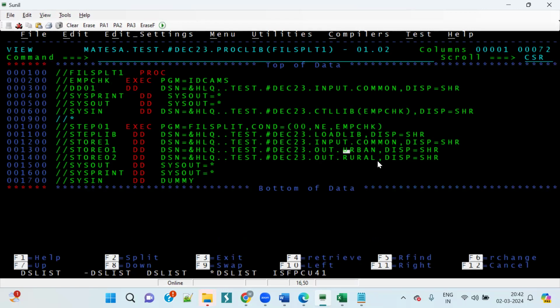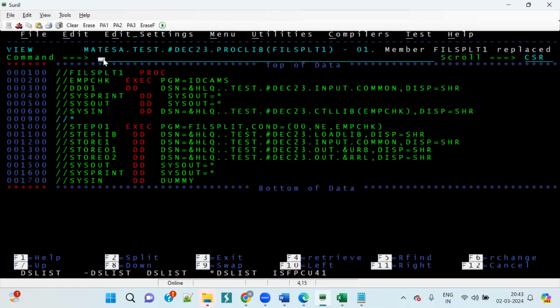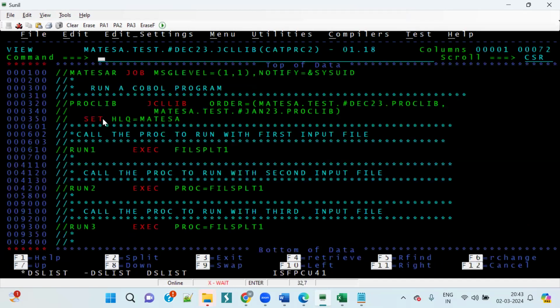Do I have to give any dot here? For symbolic, we don't need, right? So ampersand urban, ampersand RRL, rural, URB, RRL. Suppose something like this I'm having and I'm saving it. REPL.ZF.ZL FIL SPLT 1. I've saved it. Now, if I give this ampersand URB and ampersand RRL in the set parameter,